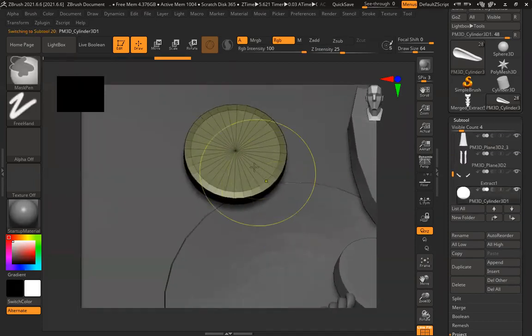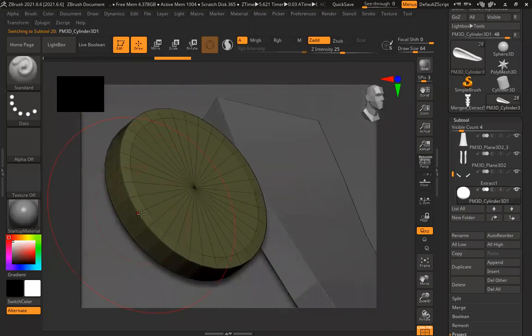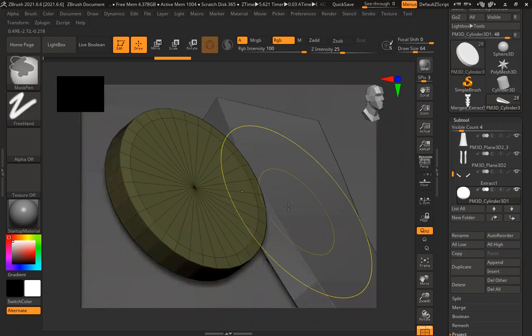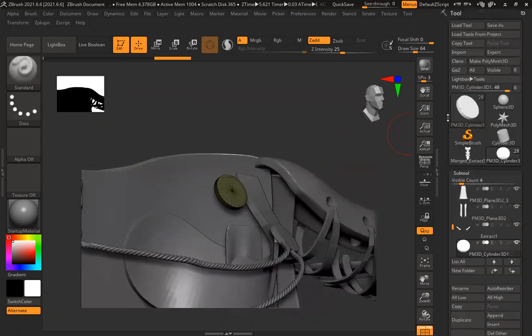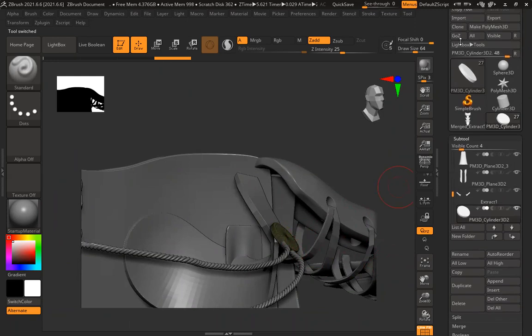Let's see. You can see this is also very low poly. The center lines and side lines I can delete directly in Maya, or in ZBrush using ZModeler, but I can do it in Maya way faster. So I'll do that there only. So export it and delete it from here. Export this also.